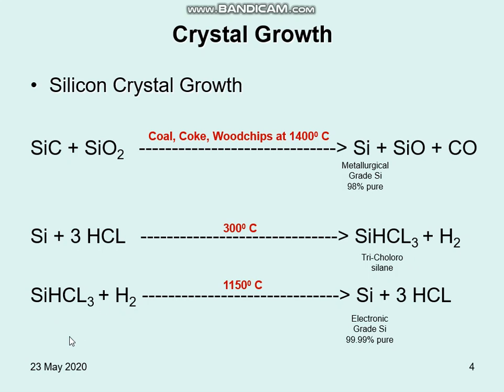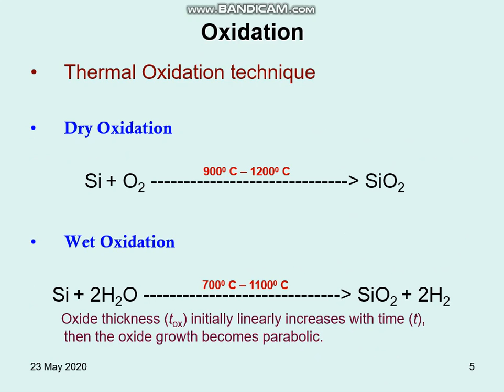Moving ahead with that trichlorosilane, if we put it with hydrogen in a gas chamber at 1150 to 1200 degrees centigrade temperature, then we can get some sort of purity. Why is it required? Because I told you earlier also that for IC fabrication the purity of the silicon needs to be achieved, in addition to the hydrochloric acid step. Now since this purity needs to be taken care of, we can move ahead with the silicon crystal growth properly. After that, which is a very natural process, if we take silicon, comes oxidation.